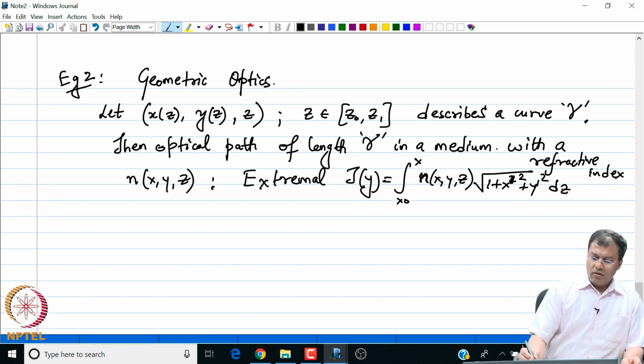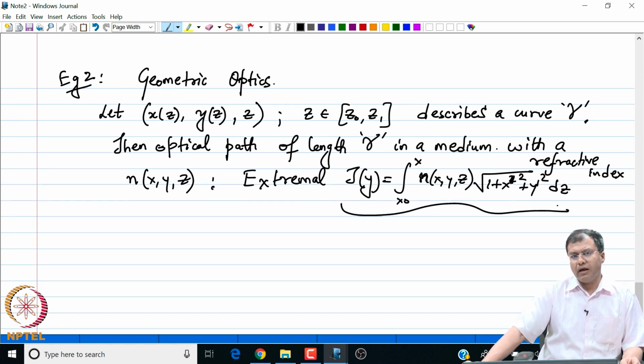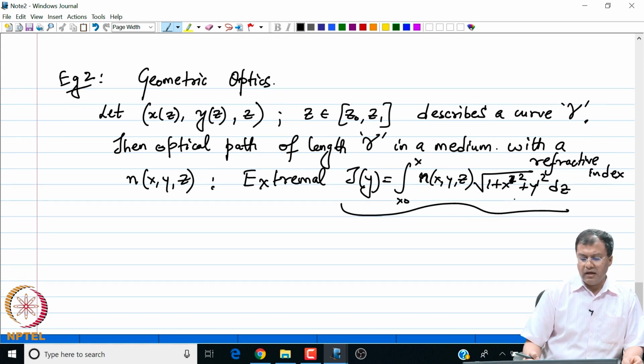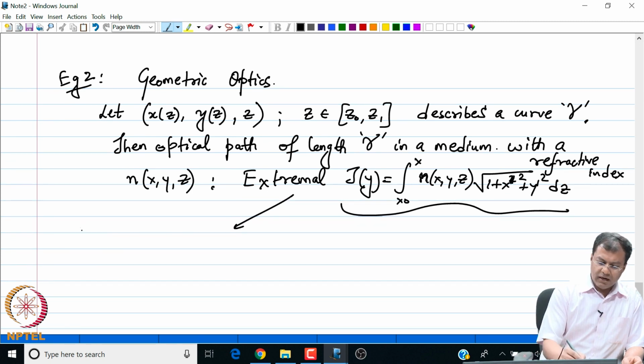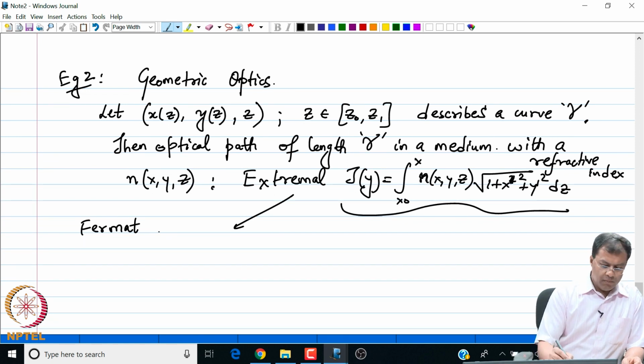Okay. So, to make sure that the curve described by gamma is the optical path length, the shortest path length travelled by the particle of light, the answer is given by extremizing this path length or the arc length integral. So we can directly apply Fermat's principle. Again, I am following our example done in lecture 3. We have used a simpler version of this integral where n was taken to be 1. So, by Fermat's principle,